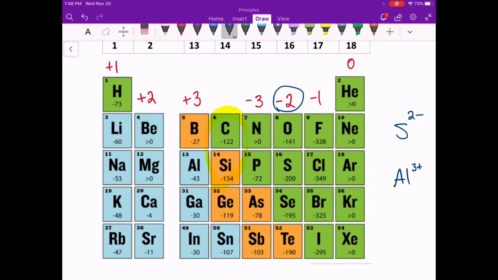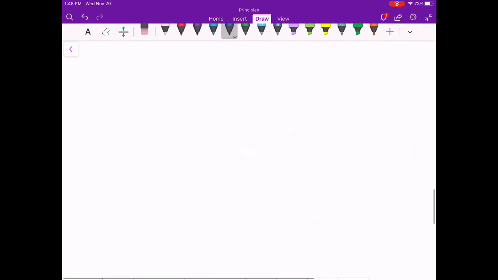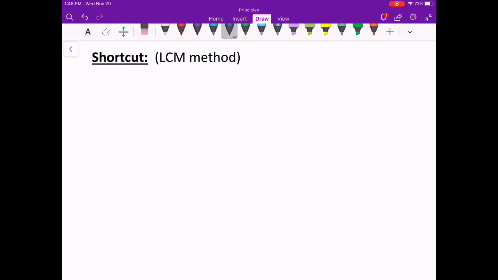Okay, so how do we use this using least common multiple? Now, if you remember from math class, you just list the multiples of numbers. Let's say, for example, we're talking about the number 2. Its multiples would be 0, 2, 4, 6, 8, etc. So these would be multiples of 2. In other words, 2 times 0 is 0, 2 times 1 is 2, 2 times 2 is 4, 2 times